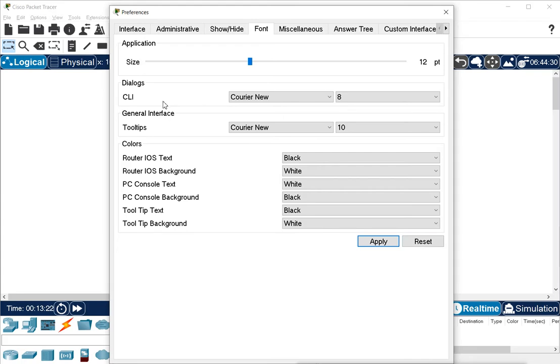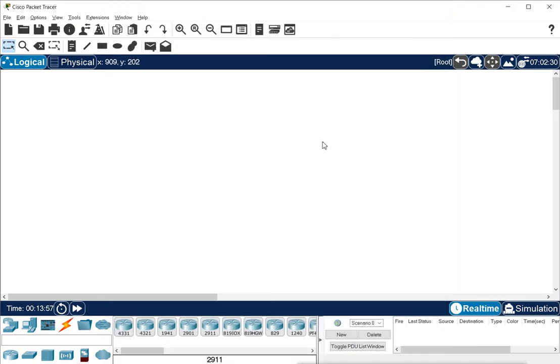The other settings relate to the terminal text: when we open the command terminal access of the router, the CLI, dialog box and general interface, they decide the font size. The text color is also defined here. You can change the text size as you require, but I wanted to change the application size, so I did it here and then closed it.